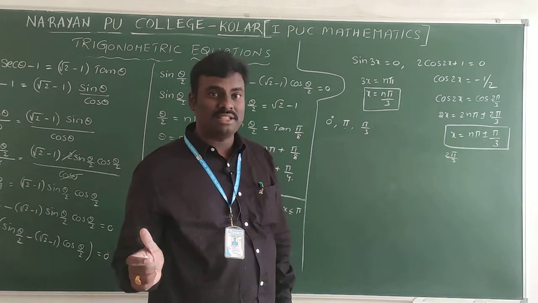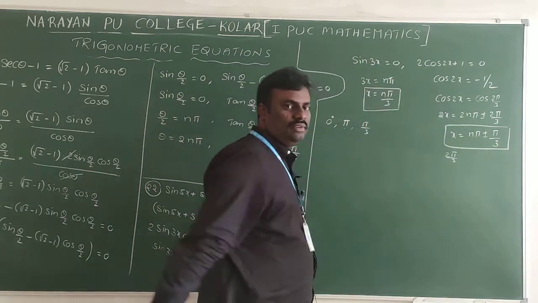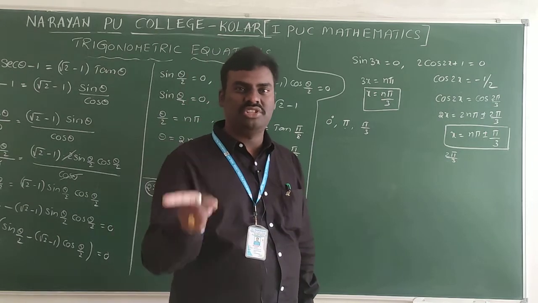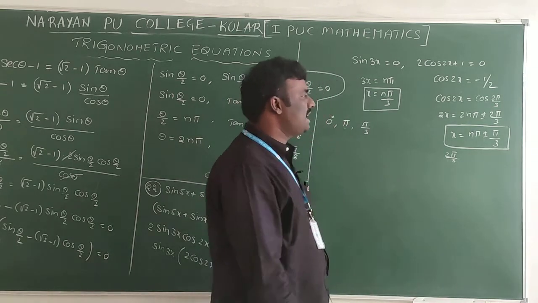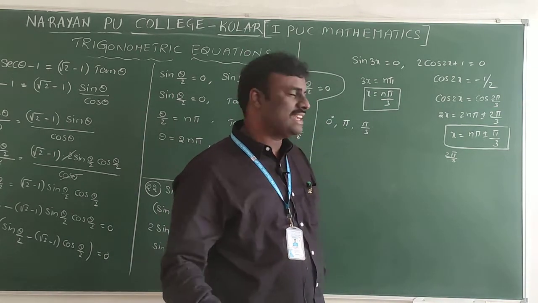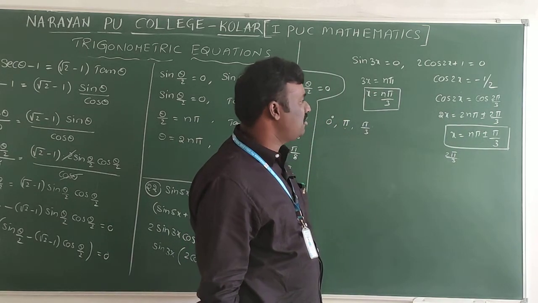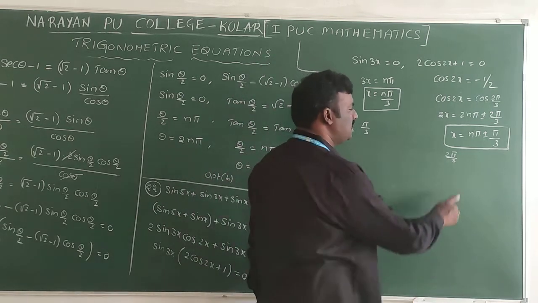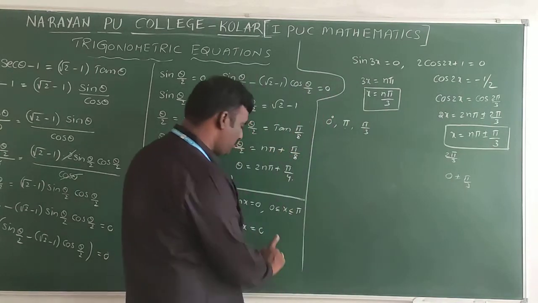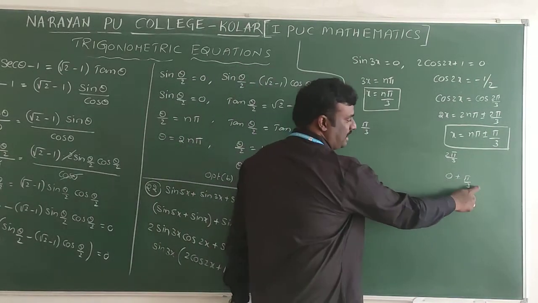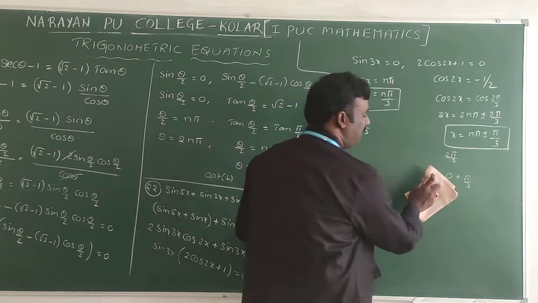This is a difficult method. If you know the table, without finding this general solution, you can directly calculate when sin value is 0, sin 0 is 0, like that also you can calculate. Now here I got one, 2 pi by 3. I will check whether one more value exists or not. Here I am taking n value 2. No sir, why always n value 2? You can take n value 0. Substitute here, 0 into anything, 0 plus or minus pi by 3, but don't take negative. Negative values are not there here. What will you get? Pi by 3. Already pi by 3 we took. Don't take a single angle 2 times or 3 times. That's why n value is over.